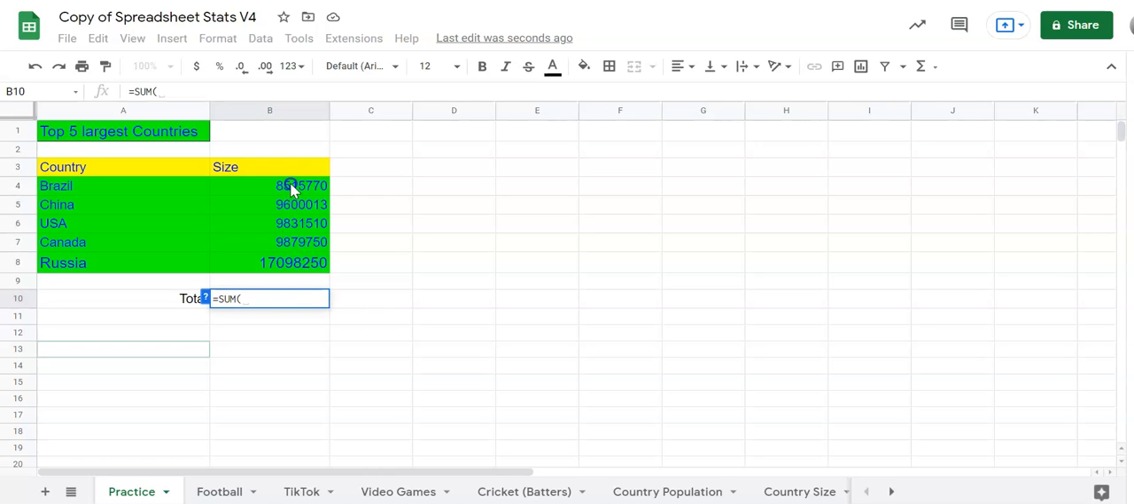So I'm going to click on my first number and hold and drag, and you can see it's making a dotted line around all of these numbers. Once I've selected them all, be sure not to select the title because it can't add a number to a text. Once you've selected it, if you make a mistake, you can delete and try selecting again. So I've selected all my numbers, then press enter, and that will automatically add up all those values together, and the answer is